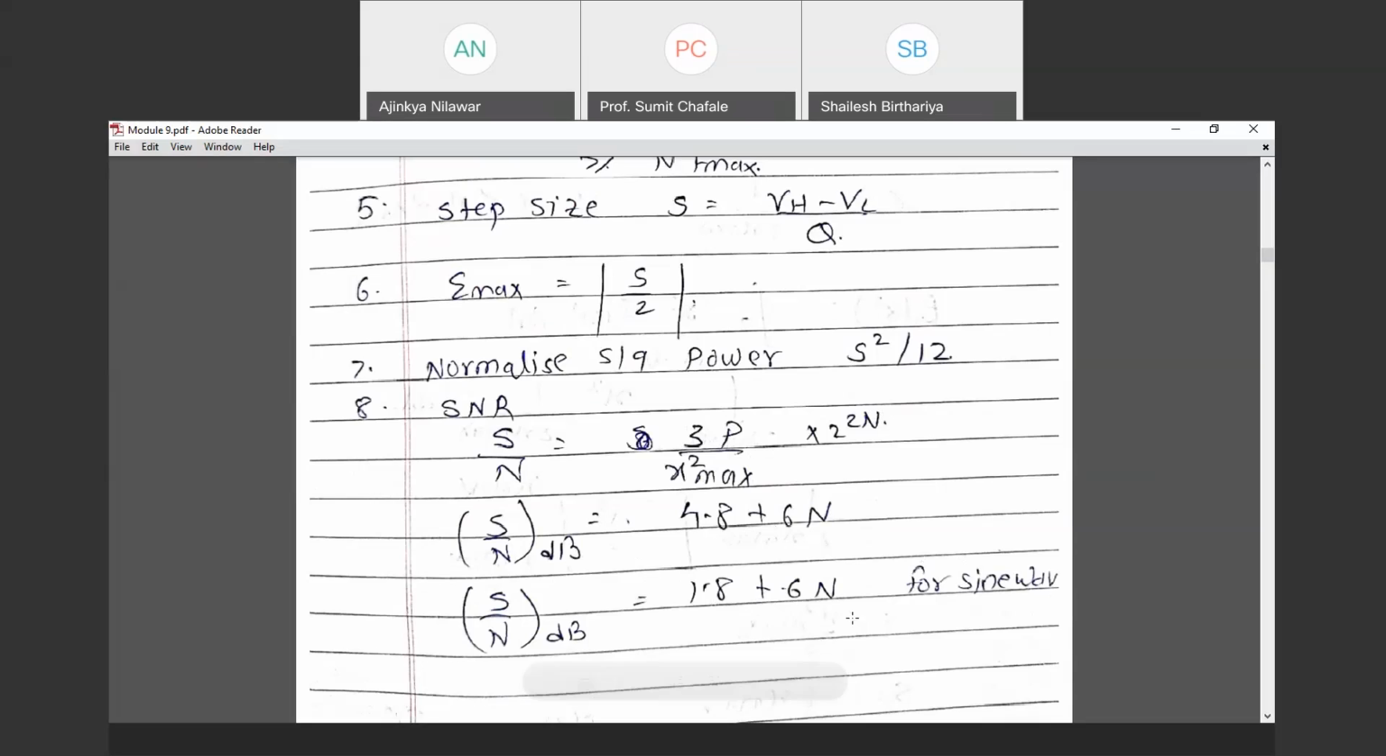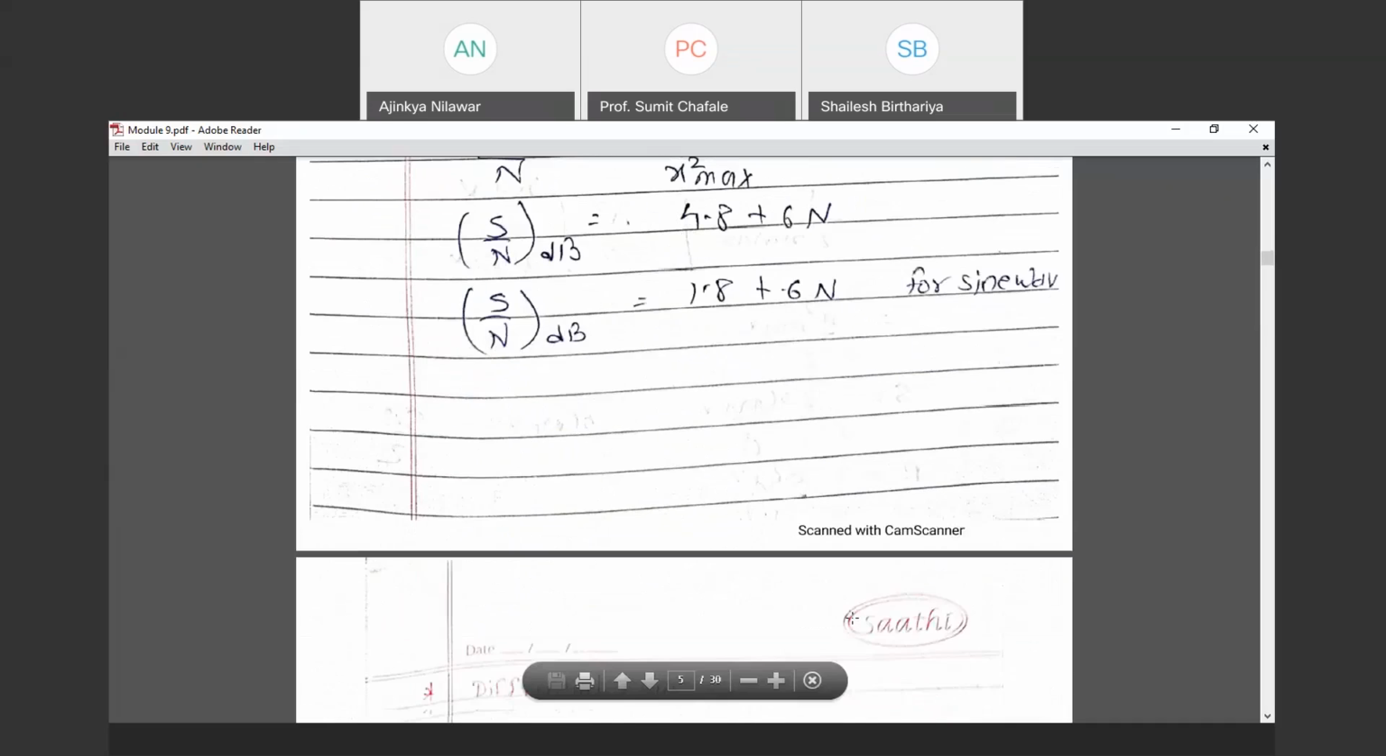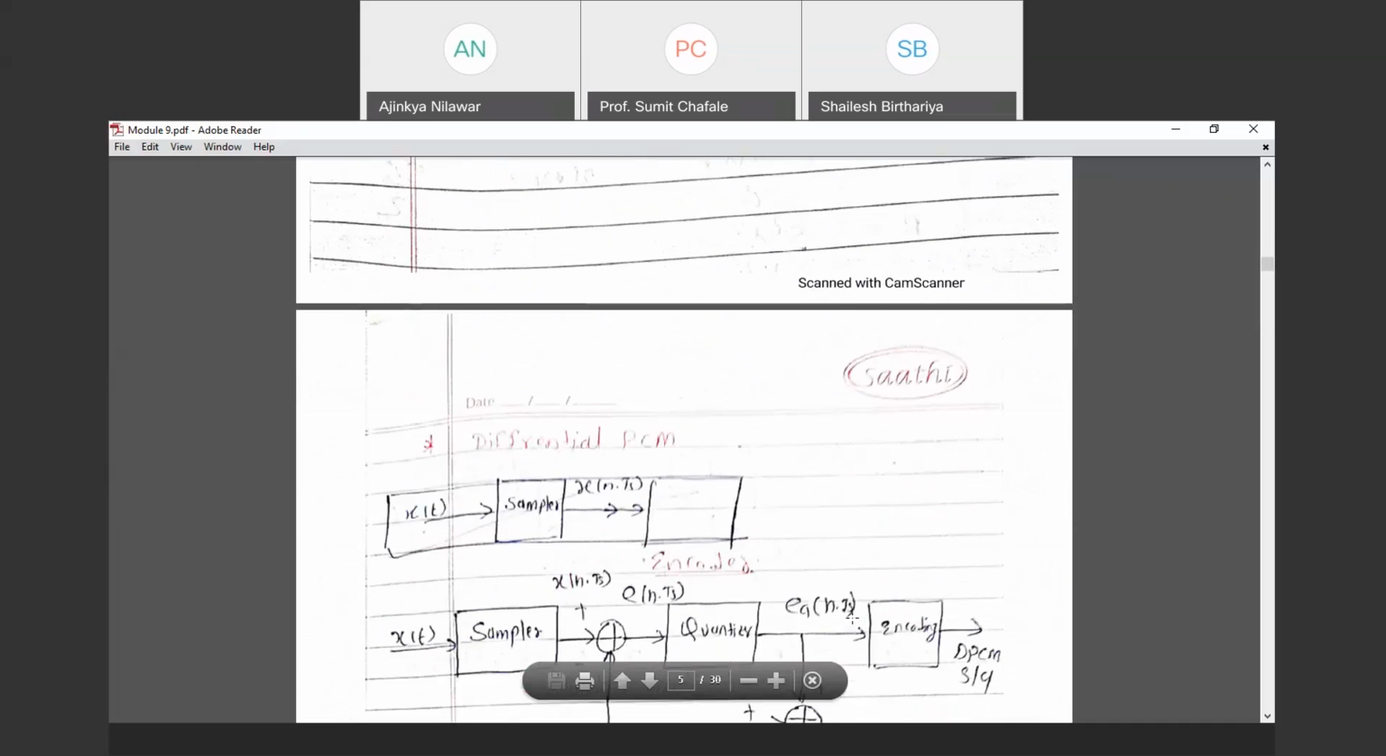Definitely, there are various derivations. But in 2 hours, we will cover only some part. So you just have to remember this, and in digital communication or in FC, you have come across the derivation for this. So the signal to noise ratio is always 4.8 plus 6n and 1.8 plus 6n. So these are the formulas related with the